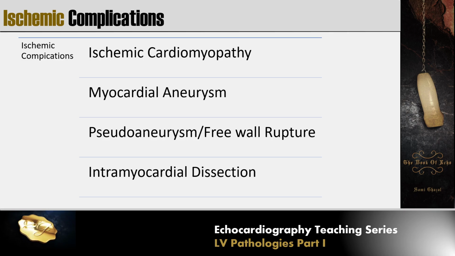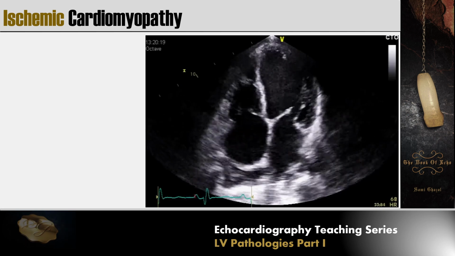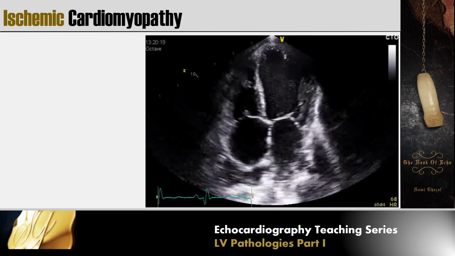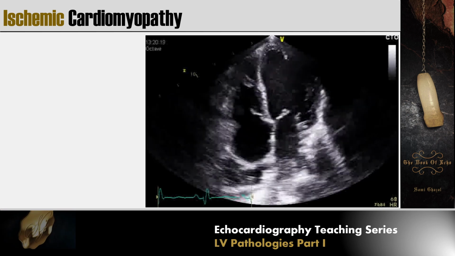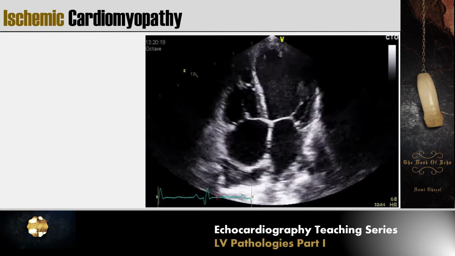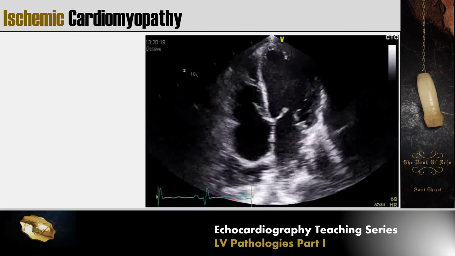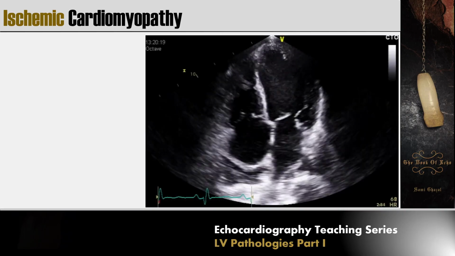Ischemic complications are ischemic cardiomyopathy and myocardial aneurysm, pseudoaneurysm, and intramyocardial dissection or dissecting hematoma. Now, ischemic cardiomyopathy is defined as LV systolic dysfunction with ejection fraction less than 40% that is due to coronary artery disease. And there are a few clues that will tell us this is most likely secondary to coronary artery